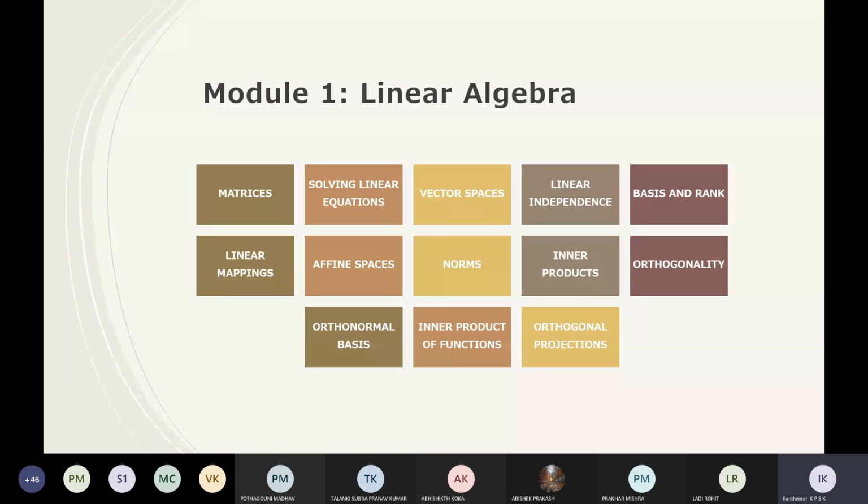Okay. And the next part is solving linear equations. You very well know, you could have already done this from your childhood, your teens, when you're in 6th standard, 7th standard, they gave you a bunch of linear equations and asked you to plot it as a graph. There you will plot and find the point of intersection. That is one way of solving your linear equation, by using the graphical method.